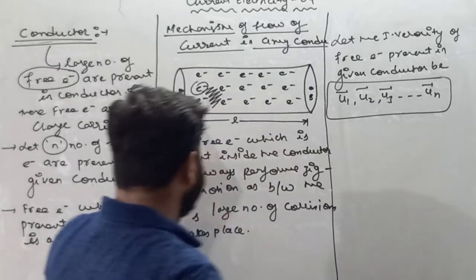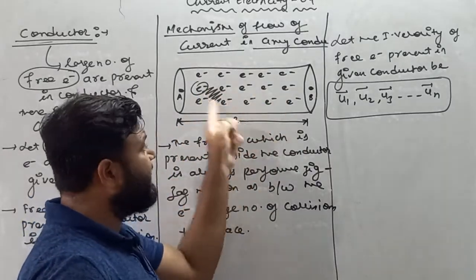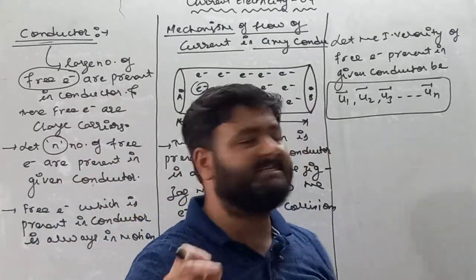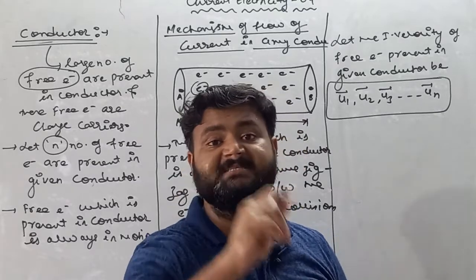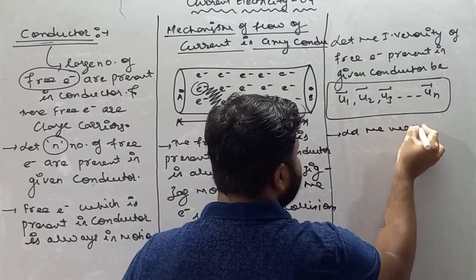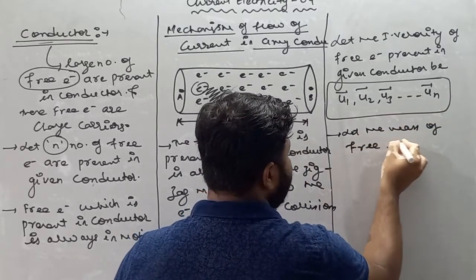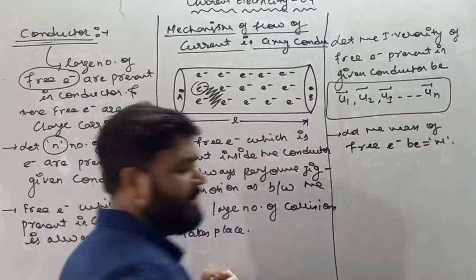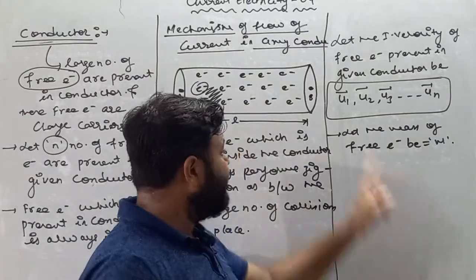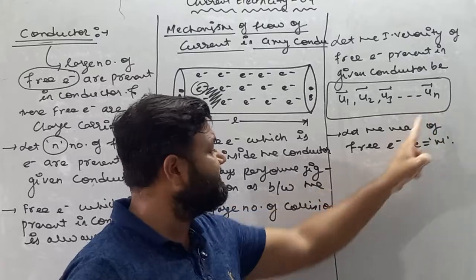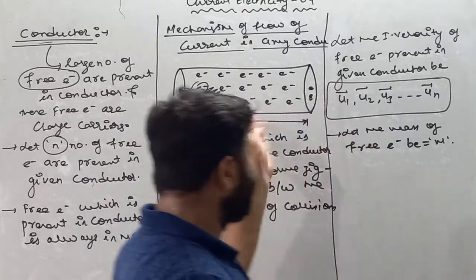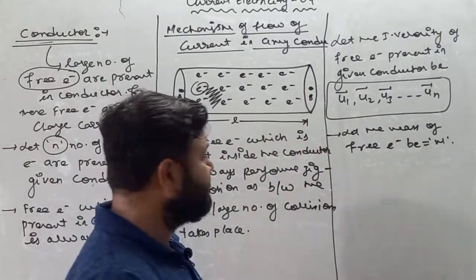Now moving forward, see, each charge inside this conductor is an electron. So if every charge is an electron, then every charge carries a different velocity, but their mass must be the same. So I'll write here: let the mass of a free electron be m. Now my dear student, we'll consider three things. The total number of free electrons present in the conductor is n. Every electron carries a different initial velocity and every electron carries the same mass, because the mass of an electron is constant. So we are considering the mass of an electron to be m.